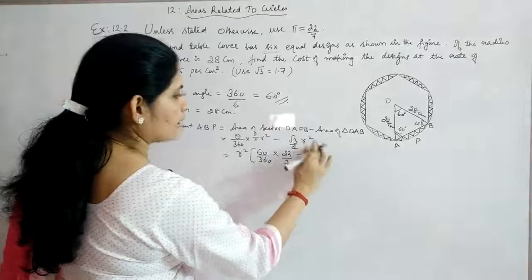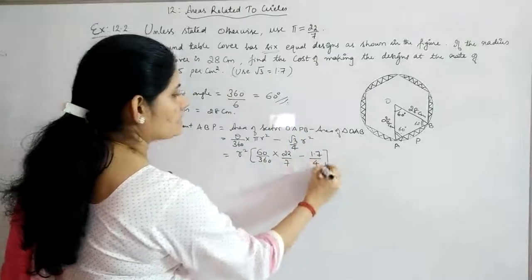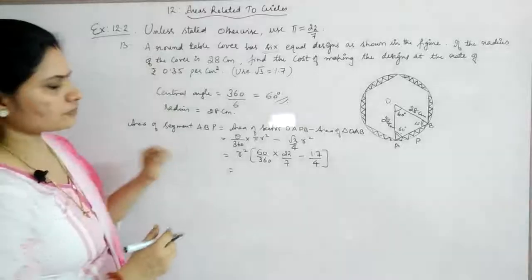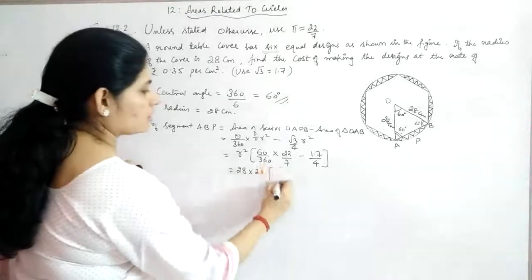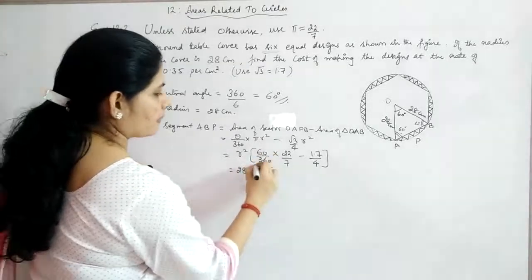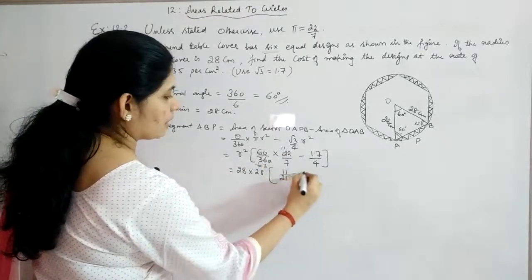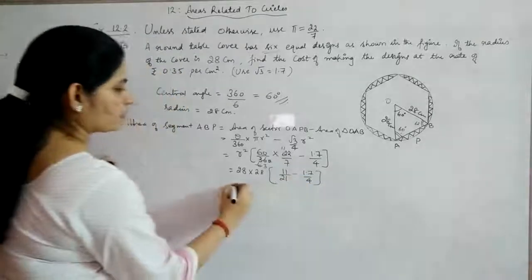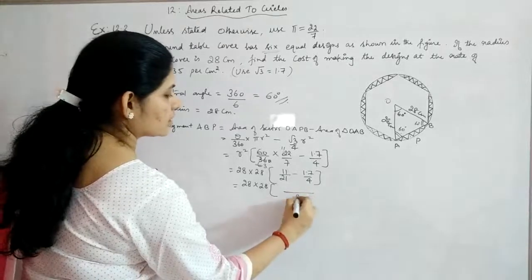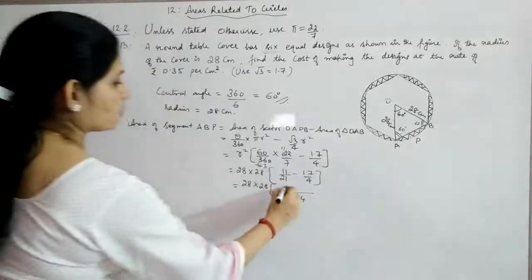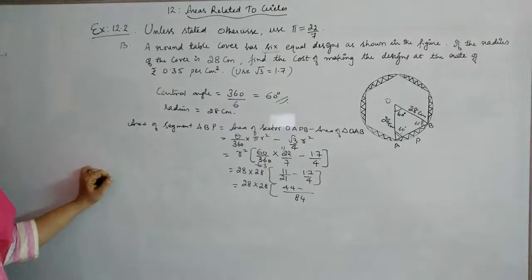Here you have root 3 by 4, and root 3's value they are asking you to take it as 1.7. So 1.7 by 4. What is r square? R is 28. So you are getting 28 into 28. Here you will get 6, and this will get cancelled, 11, 3. So you are getting 11 by 21 minus 1.7 by 4. Now while taking the LCM, you will get 28 into 28. Then here you will have 84, 11 into 4, which will give you 44, minus what is 21 into 1.7, it will give you 35.7, okay,